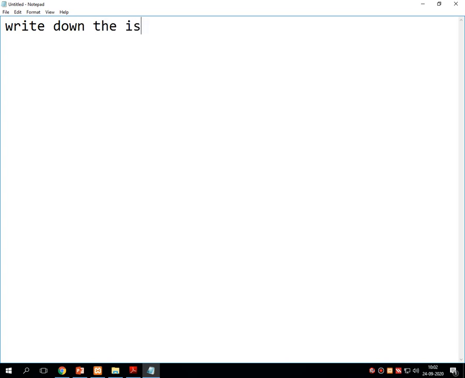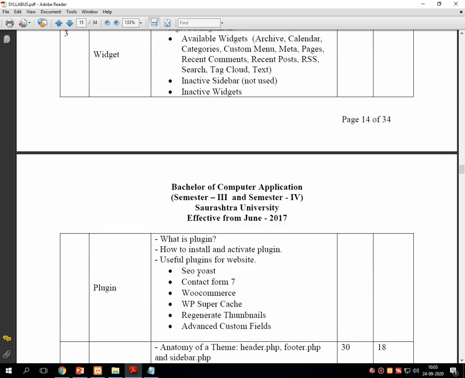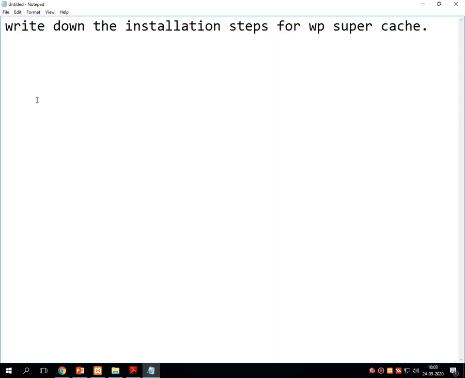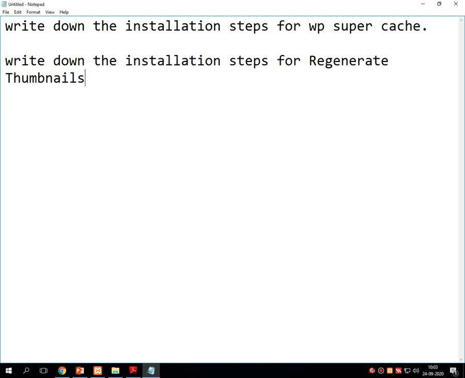Write down the installation steps for WP Super Cache, and write down the installation steps for Regenerate Thumbnails.